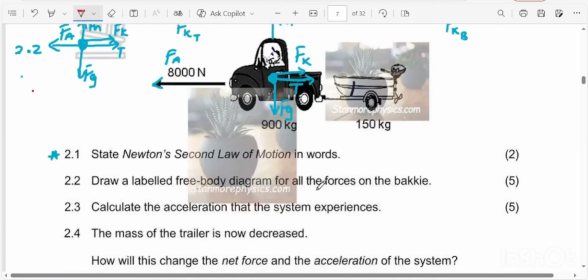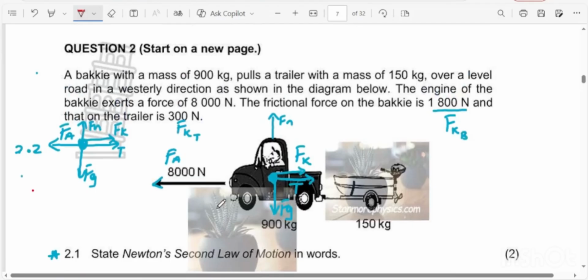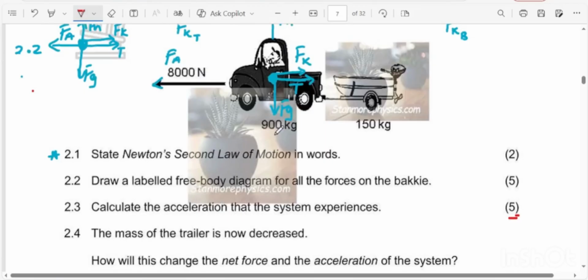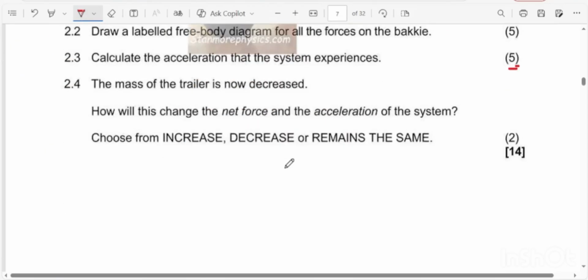So now calculate the acceleration of the system, the acceleration that the system experiences. So another 5 marks. Remember we said we don't want to donate the mark where we have to write the formula down. So this is what you're going to do. First thing, when they want you to calculate the acceleration, start working with object 1, which is the bakkie. So I'm going to call that bakkie object of 900 kg because it's given as 900 kg. I'm going to write it down and say, for 900 kg,